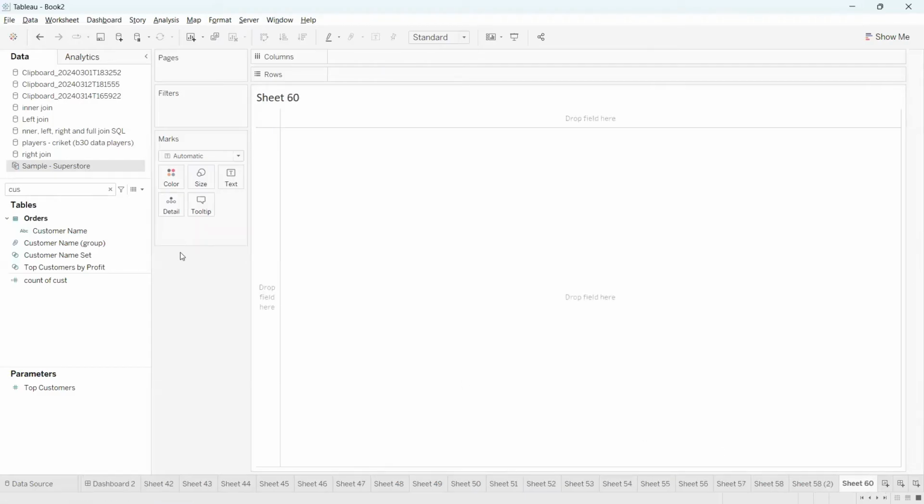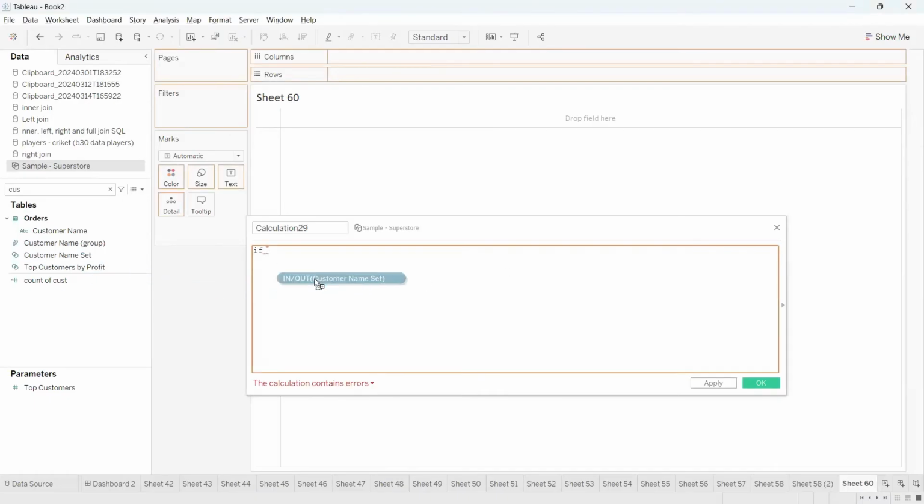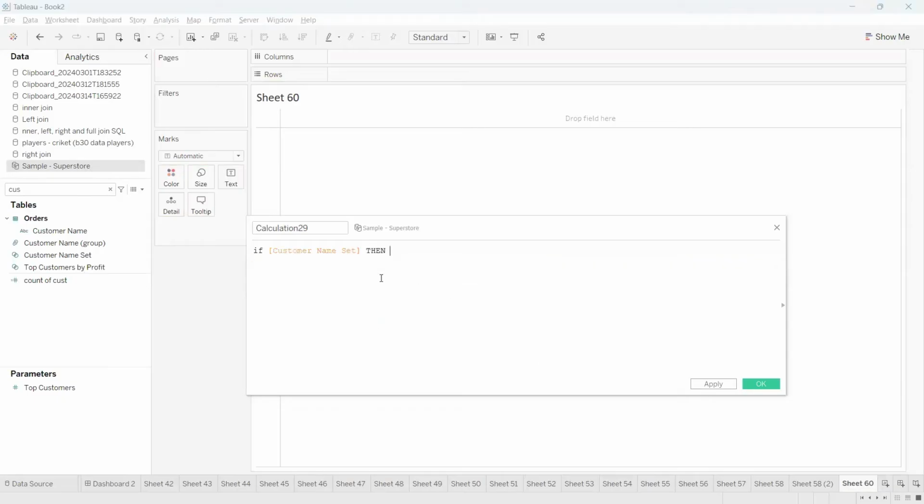I just go to a new sheet here. Simply click on the calculation field. The set which you have created, simply drag into the calculation here. Then simply write sales here. End. So what it will do,